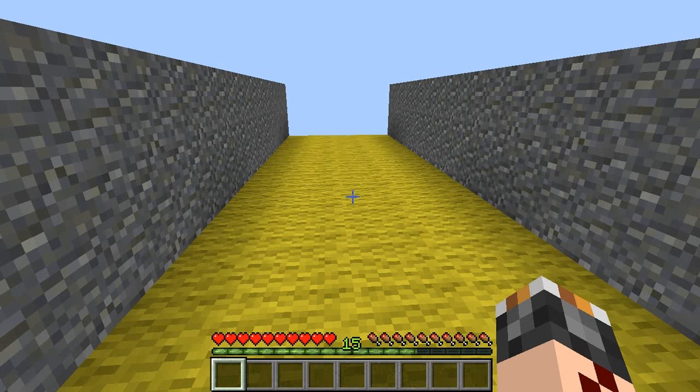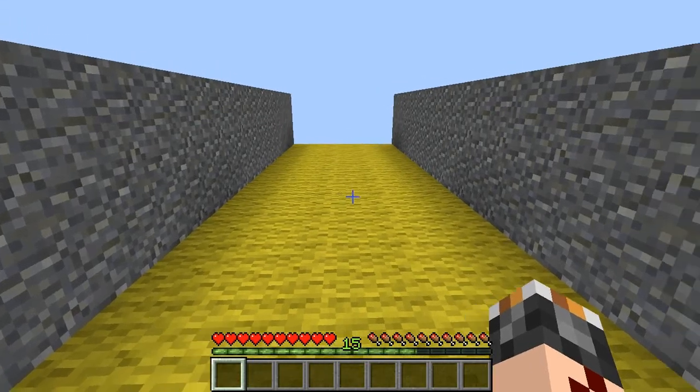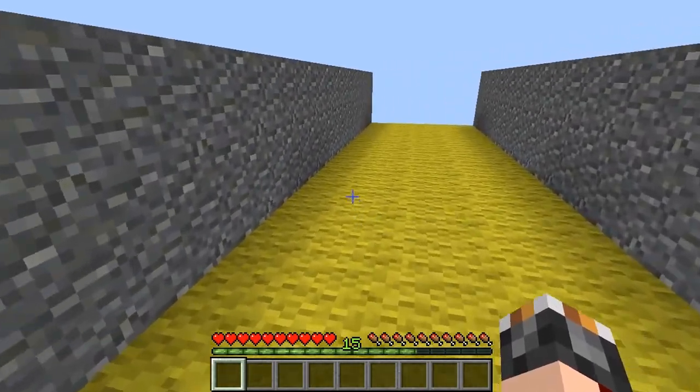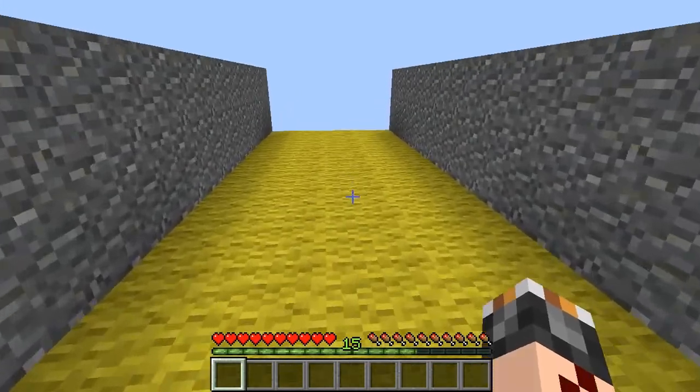Hello, I'm Redstone, and this is an extension of SethBling's nearly undetectable trap. As you can see, there's no logical way of me knowing that there's a trap in front of me, but if I just walk...